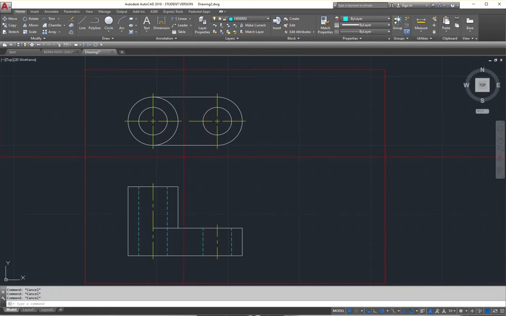So this is on the first exercise, based on what we did right here. Again, like I said in the previous video, just go ahead and create your right side view, because you don't have that one. Give yourself that 1.5 units distance in between, and then project across and down, across right here, match those points from the top to the front to the top, across through the miter line and down, and then you will get your